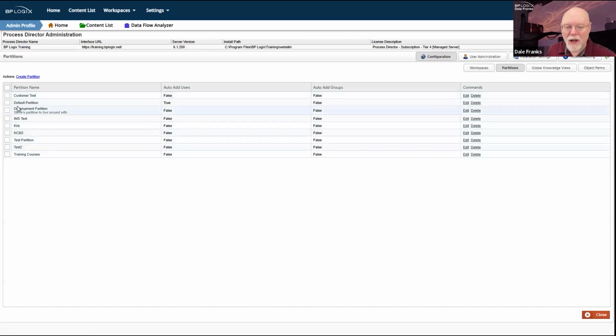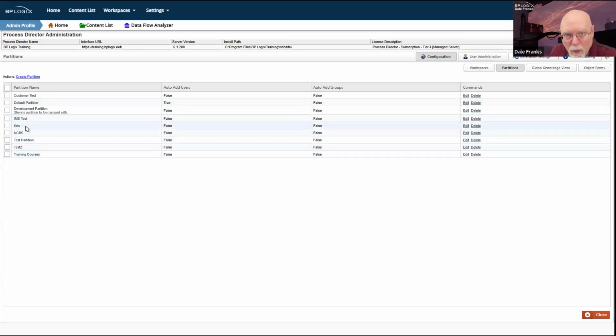Many of these other partitions I use for various testing things and training things. For example, I have a partition here called training courses, where it's basically an empty partition, and the only thing it contains is content for the Process Director training courses that we provide on Reach 360.